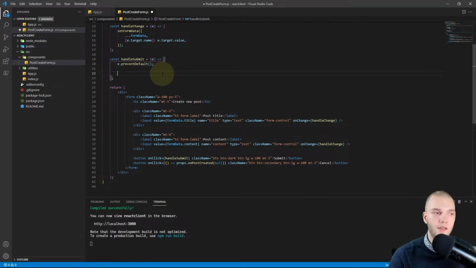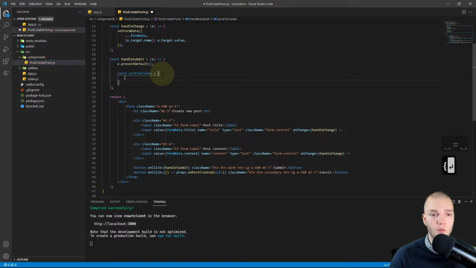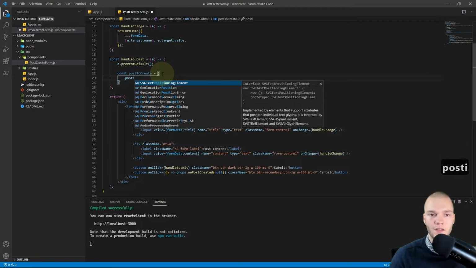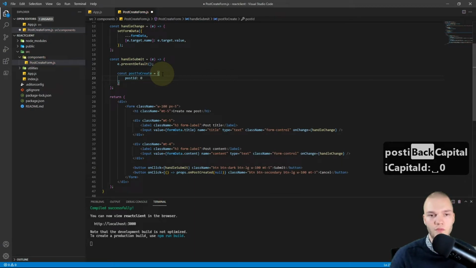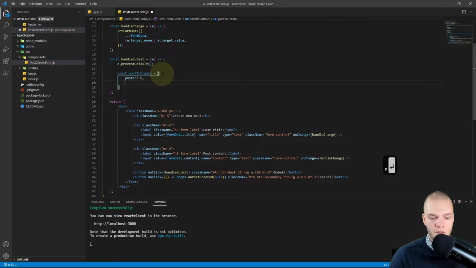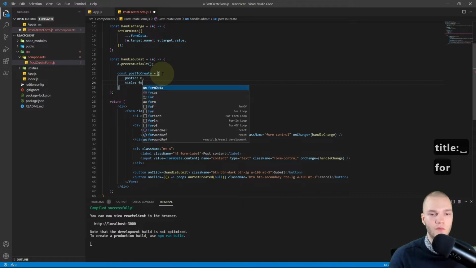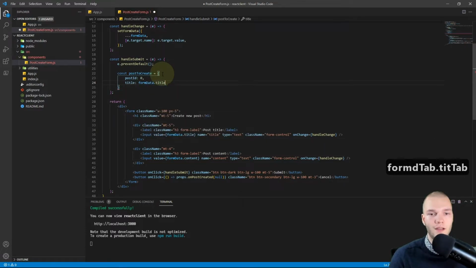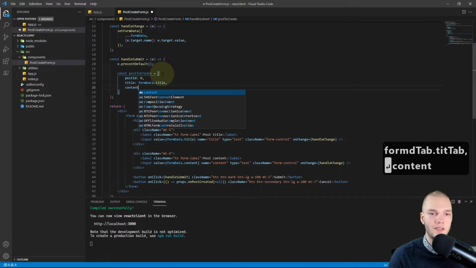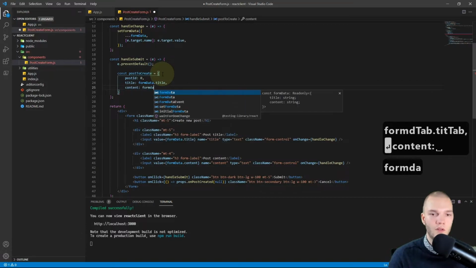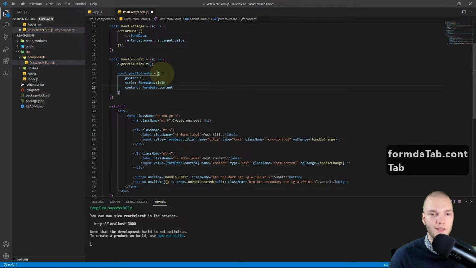Then I'll create a postToCreate object. So const postToCreate equals a new object, and I'll set the postId to 0 and let the server handle the postId, and I'll set the title to formData.title, and I'm gonna set the content to formData.content.